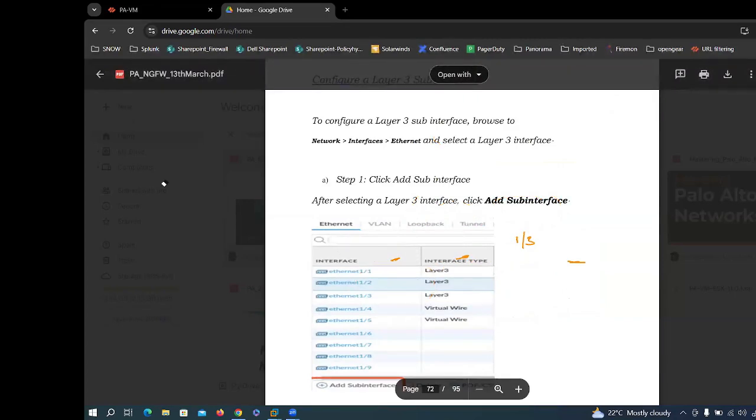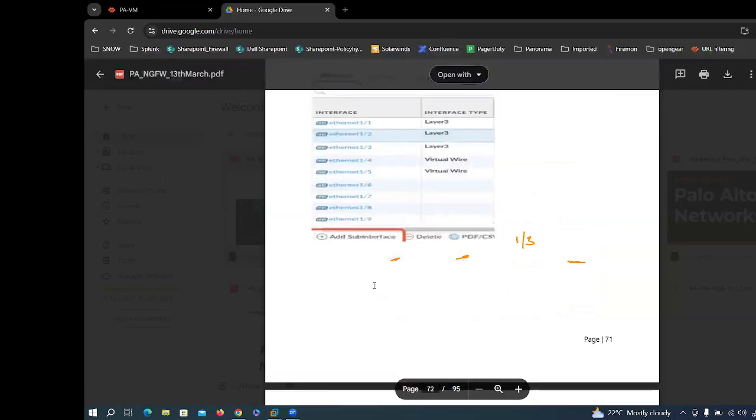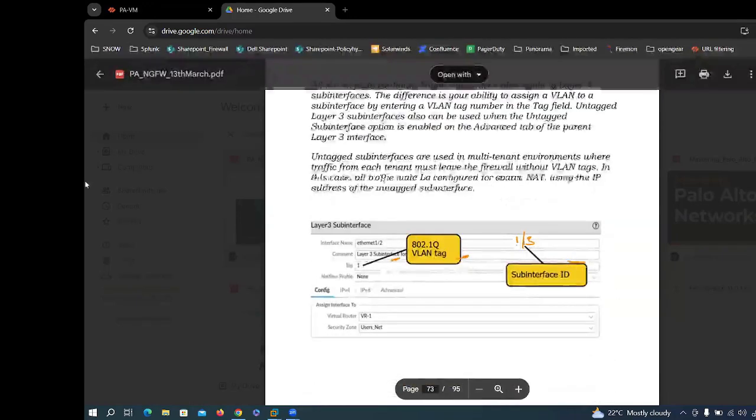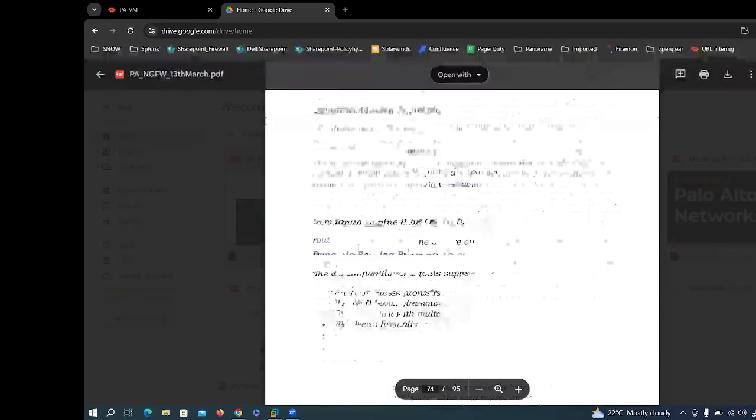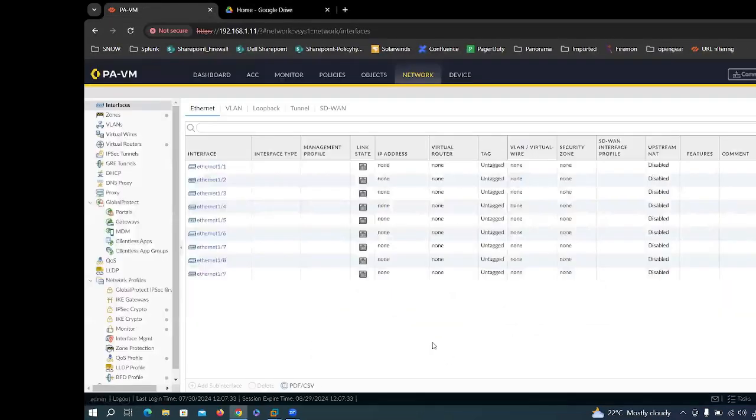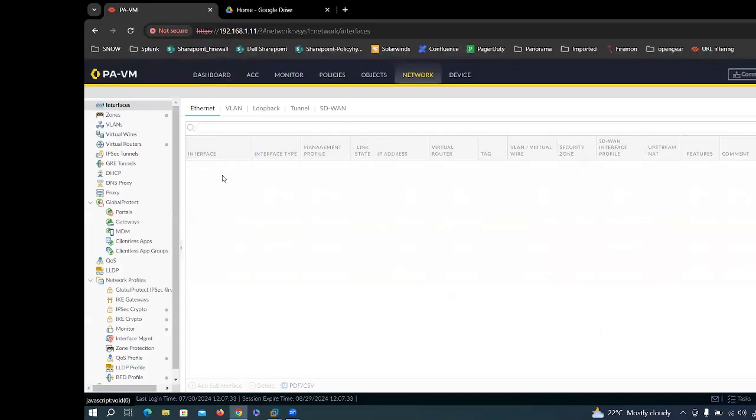But how can we define here 1/3.1 or .3? That we'll discuss now. I'll show you the same thing on the firewall. So what we'll do here, first, we have to click on Network, Interface. Then we'll be allocating one interface as